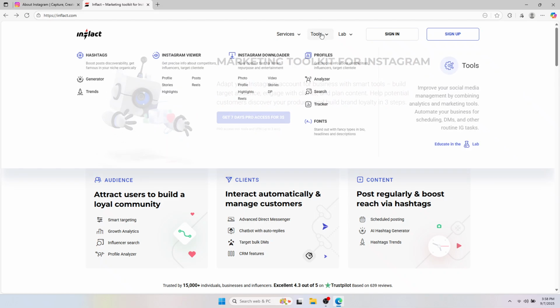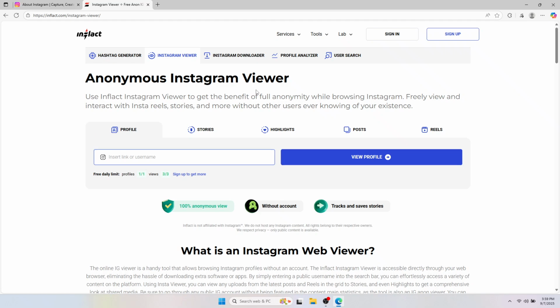Once you're on the homepage, look at the top right menu. You'll see three small bars. Tap that, and from the drop-down, select Instagram viewer. Here, you'll get a simple box where you can paste the profile link or just type the username of the account you want